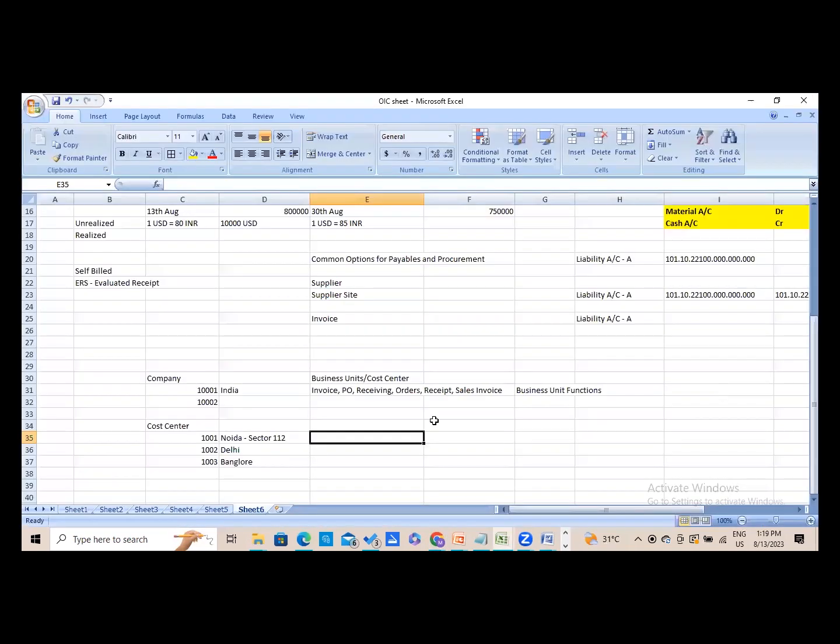Now another thing is, let's say there is a cost center. In our chart of accounts, we have a company, we have cost center, then we have accounts, and then we have other segments. I'm just giving you a scenario. Now, these business units could be our cost centers, or they could not be. In case it is our cost center, what will happen? Let's say for India,